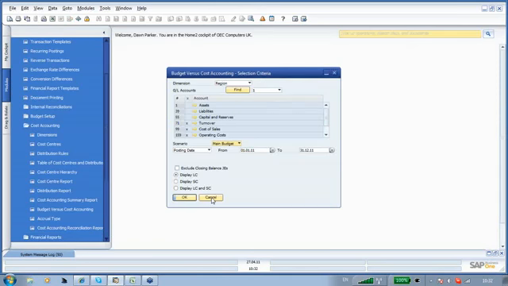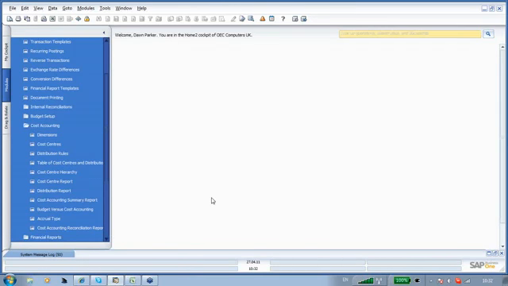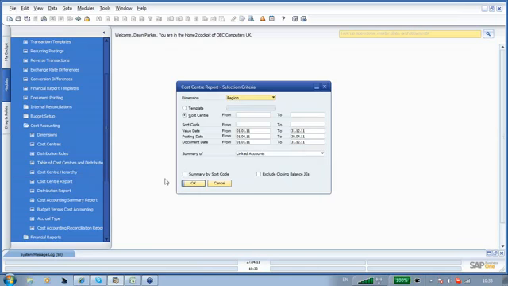Okay, so that's the budget versus cost accounting report. Now the second two reports are those where I can use my hierarchies. So remember we set up a hierarchy for the product line. So if I go down to my cost center report and select product group and indicate that I want to use my template, my product line template, and this time I'm going to run the linked accounts view of my